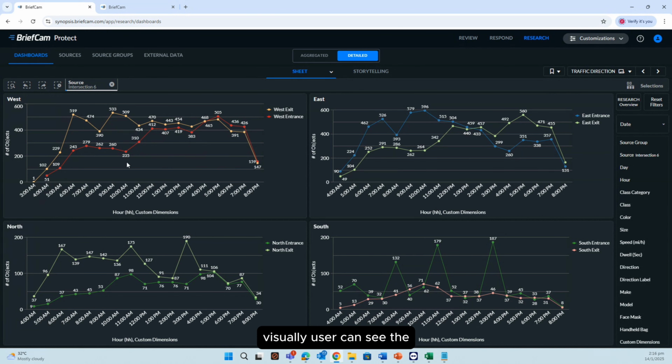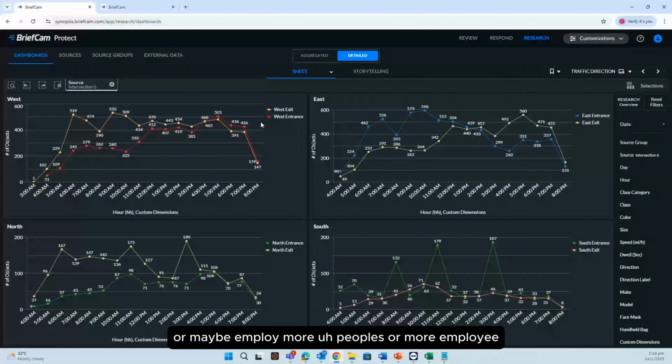Visually, the user can see all the vehicles in this area based on the time. The highest number is around 6 p.m., 6, 7, and 8 p.m. This is the highest number. Then they can make a better decision to manage the traffic after this time, or maybe employ more people, maybe a traffic police, to ease the traffic in